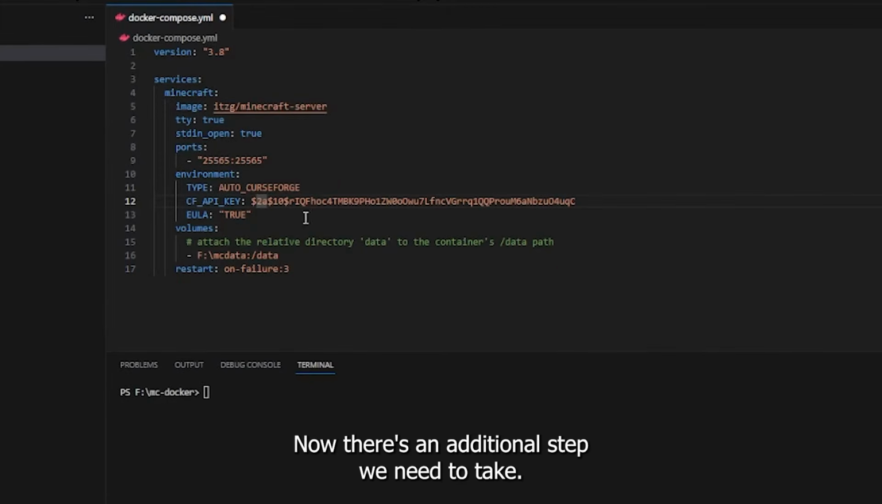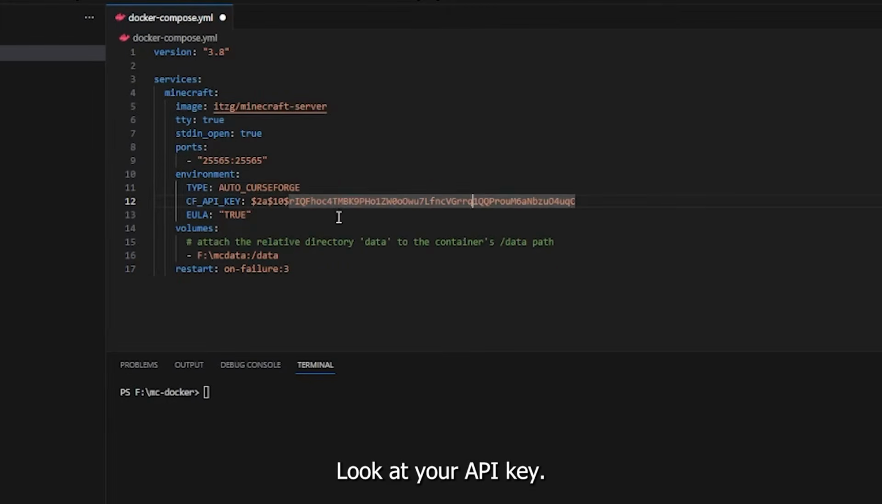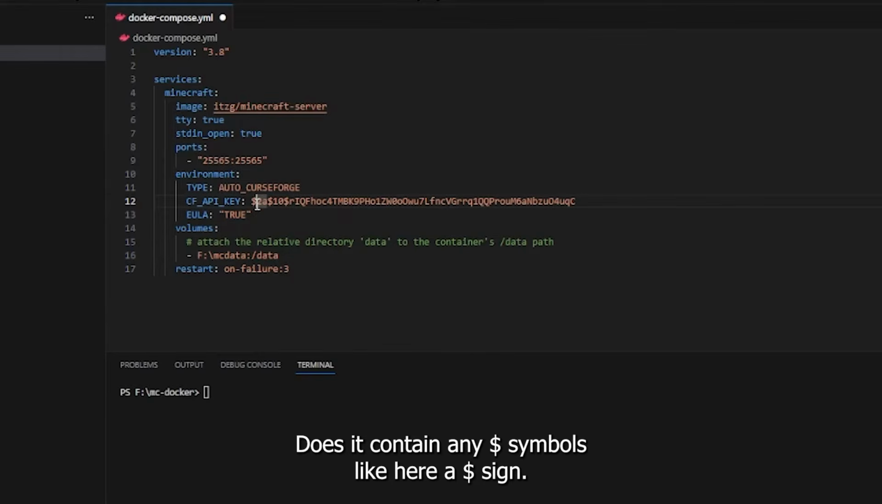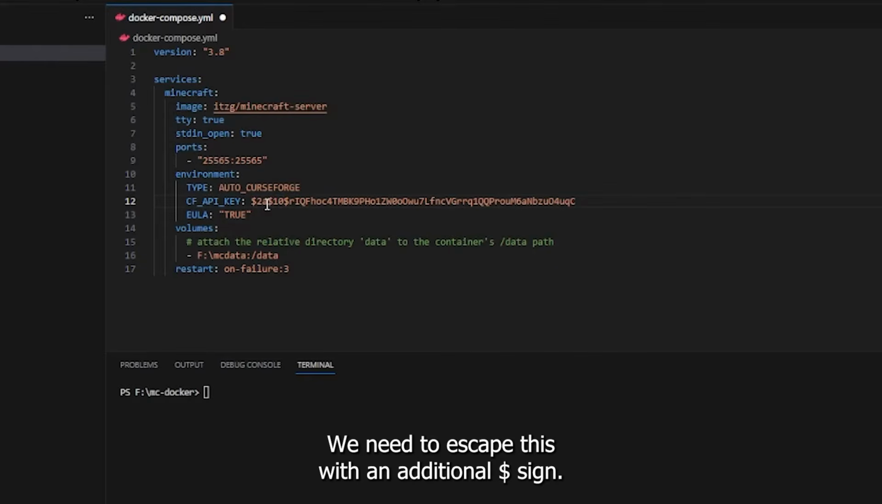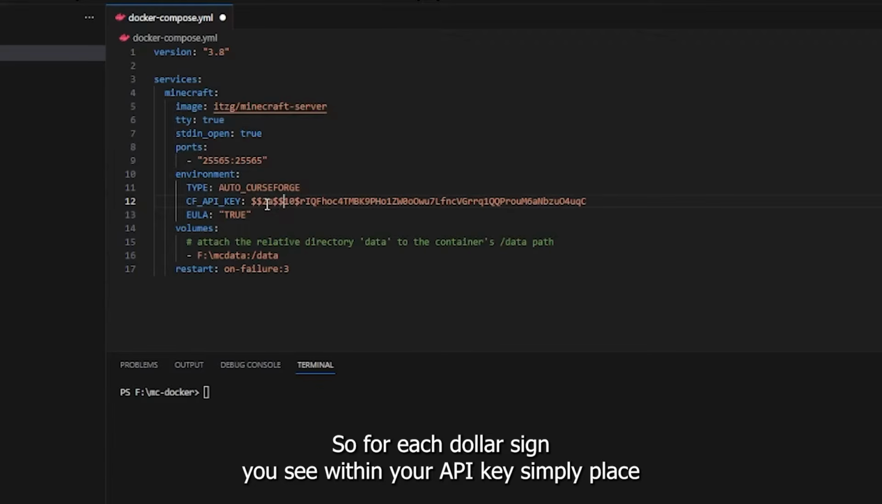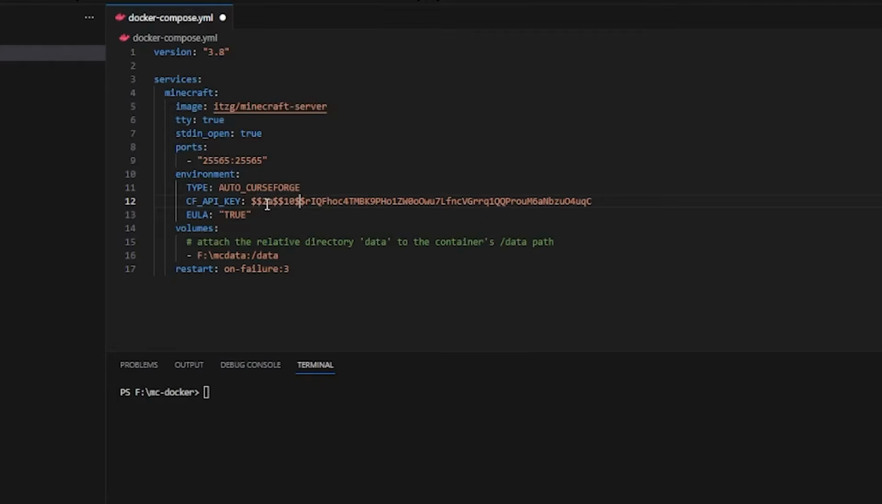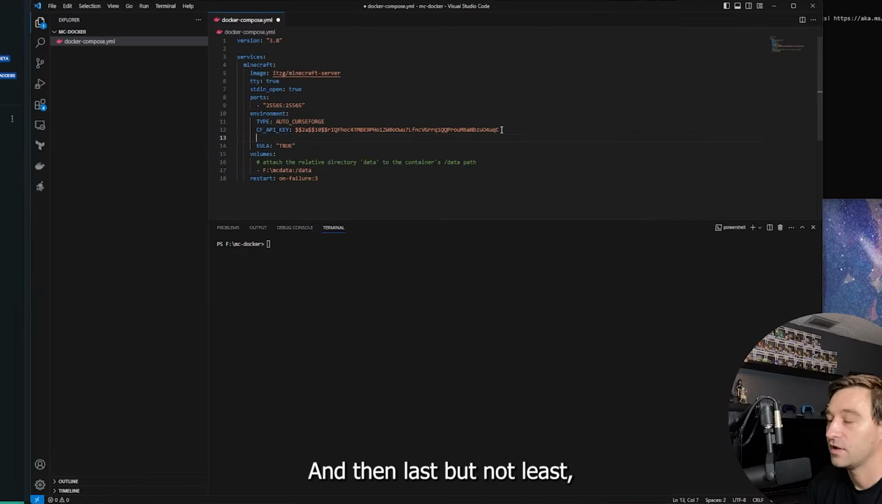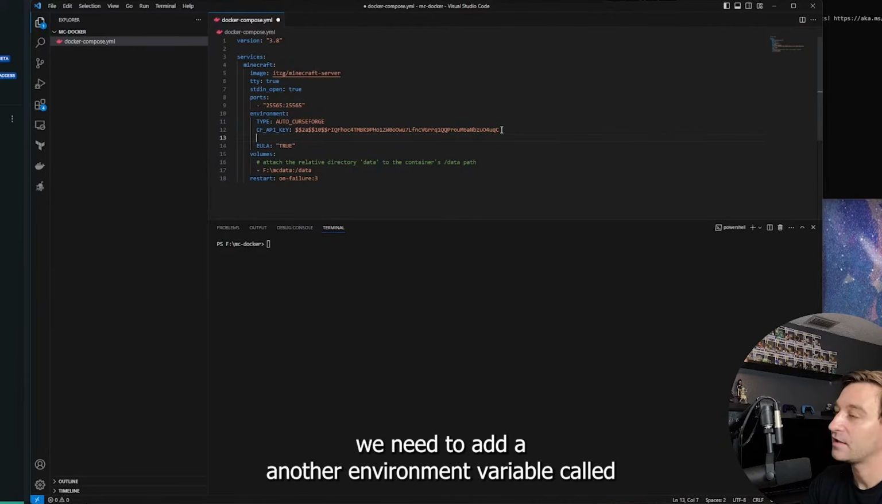Now, there's an additional step we need to take. Look at your API key. Does it contain any dollar symbols? Like here, $, $, $. We need to escape these with an additional $. So for each $ sign you see within your API key, simply place another $ sign next to it. Save that. And then last but not least, we need to add another environment variable called